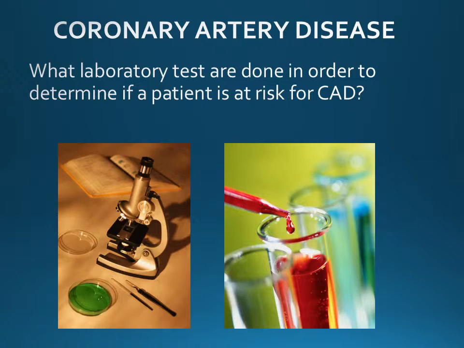New research has found that high normal levels of this highly sensitive CRP in otherwise healthy individuals is predictive of future risks of heart disease, stroke, sudden cardiac death, and peripheral arterial disease, even when lipid levels